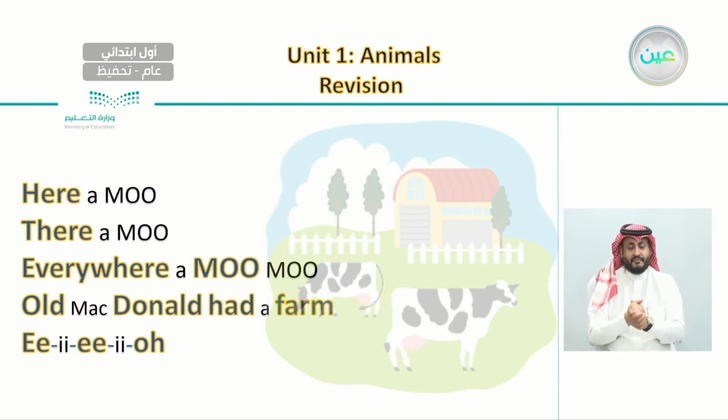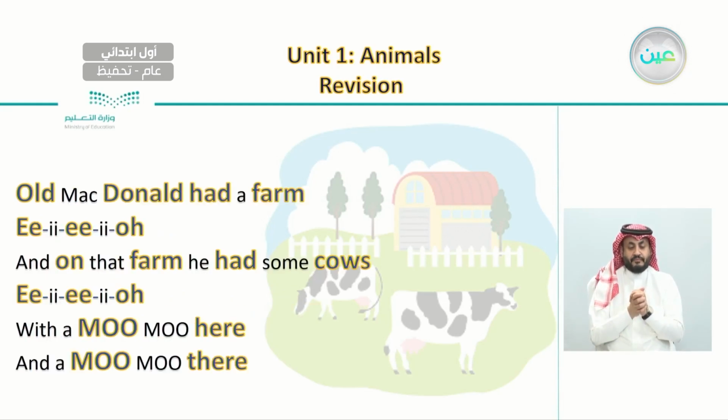Here a moo, there a moo, everywhere a moo-moo. Old MacDonald had a farm, E-I-E-I-O. So we said that this chant was about a farmer whose name is MacDonald, and that farmer who had